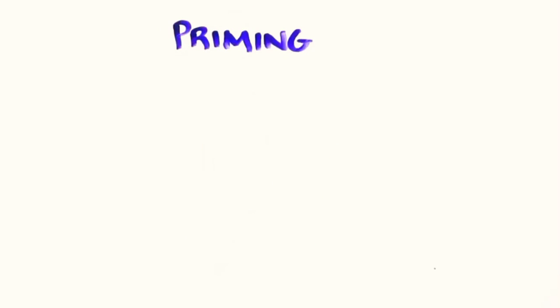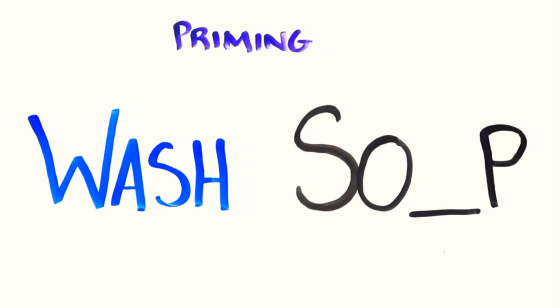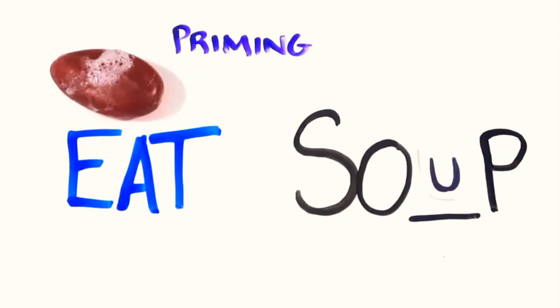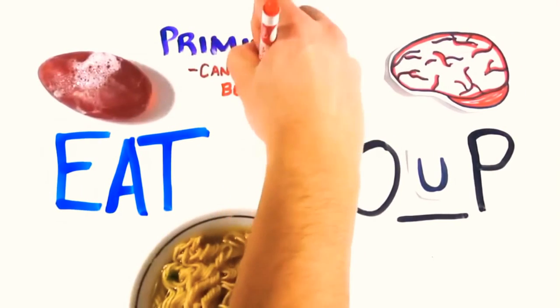This ties into a concept called priming. For example, if I said wash, how would you complete this word fragment? Most would see soap, but had I just shown you the word eat, you'd be more likely to see soup. In this way, both eat and wash prime your thoughts. Though System 2 likes to think that it's